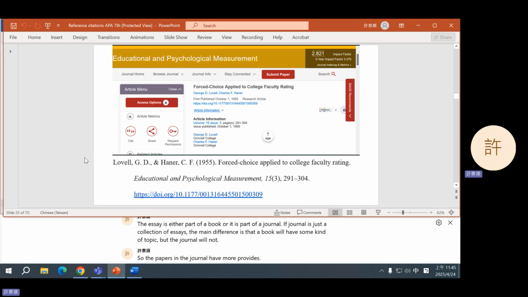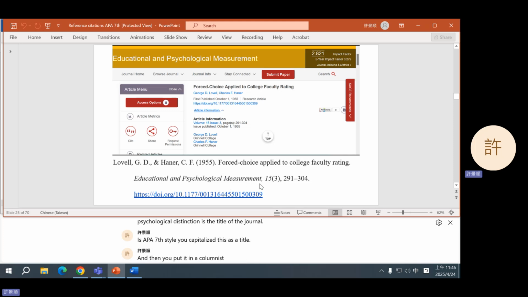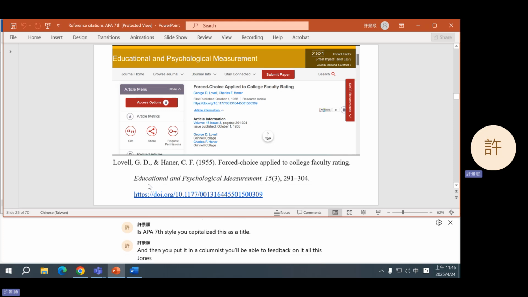This paper was taken from a journal, so we now have to give the title of the journal, this one. Educational and Psychological Measurement is the title of the journal. In APA 7 style, you capitalize this as a title, and then you put it in italics. Use title case: nouns, verbs, adjectives, adverbs, proper nouns, first word. Then write